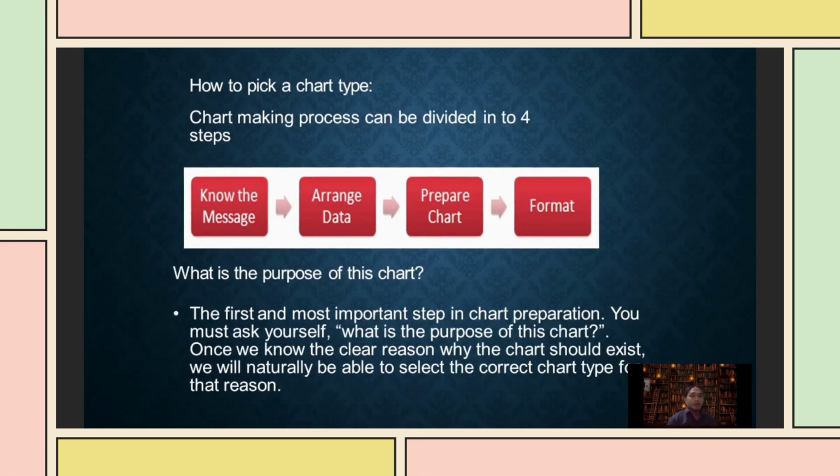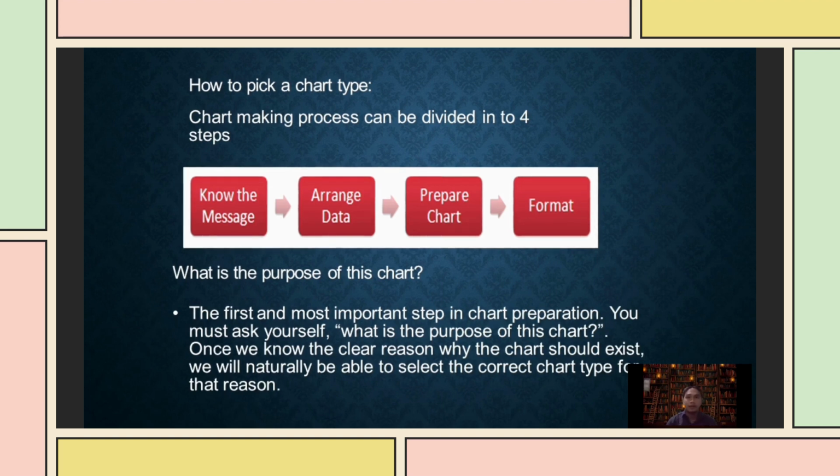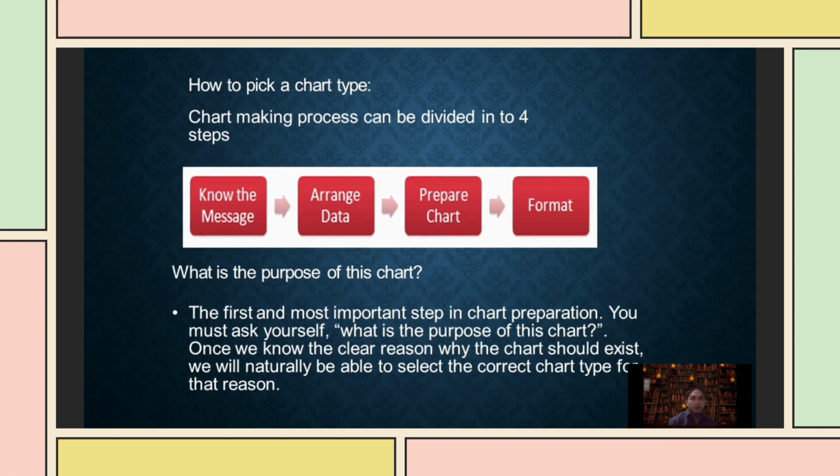I'm gonna be discussing selecting the right chart. The chart making process can be divided into 4 steps. So first is know the message, arrange data, prepare chart, and format. So what is the purpose of this chart? The first and the most important step in chart preparation is you must ask yourself what is the purpose